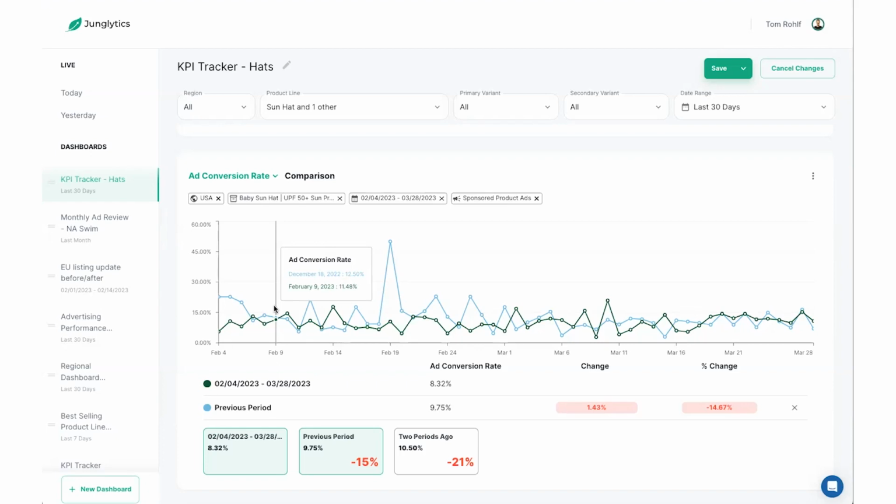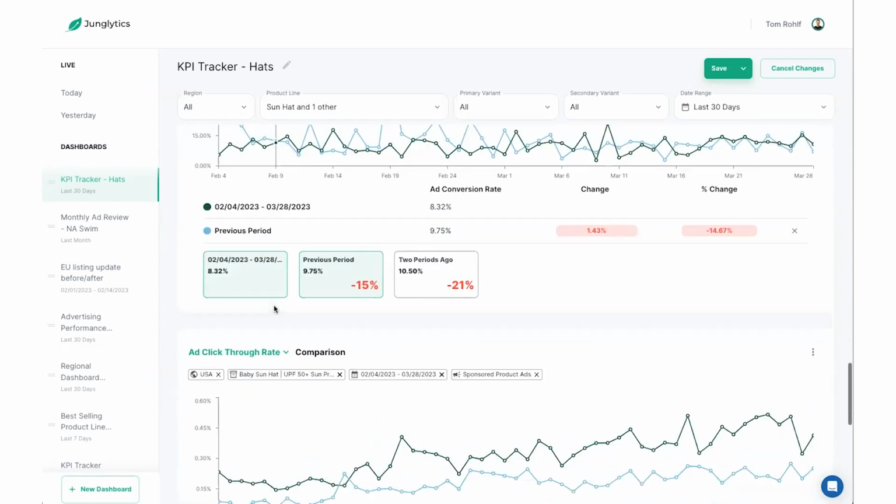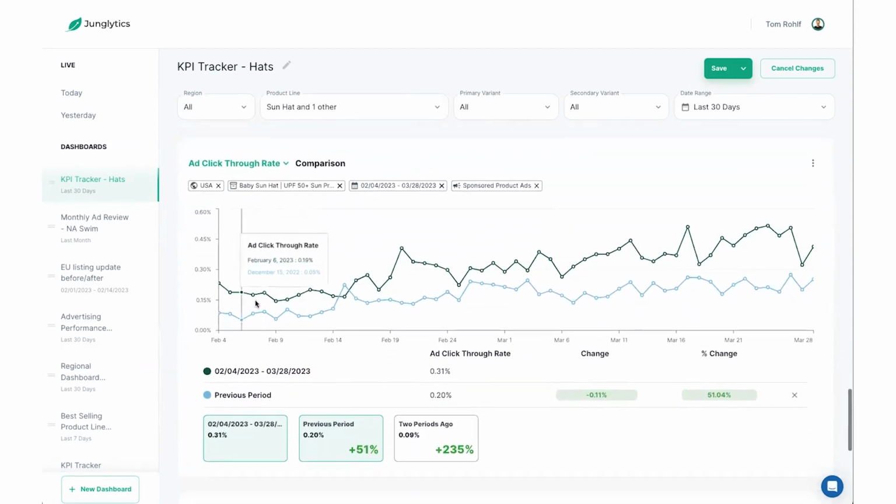I'm comfortable with that, so I'm not going to change the price back, but I will continue to monitor this and make sure it doesn't go crazy in the other direction. One other thing we wanted to monitor was ad click-through rate, so understanding what percentage of people that see our ads for this product are clicking on them. And somewhat surprisingly, I think it's probably due a bit to seasonality, but we didn't actually see a decrease in our ad click-through rate despite increasing the price of the product. So that's kind of interesting. For a short period afterwards, it was relatively flat, and then it went up over time.